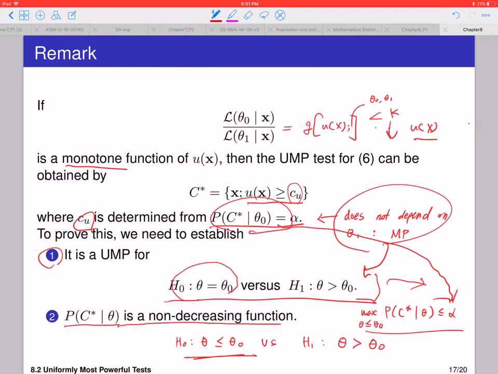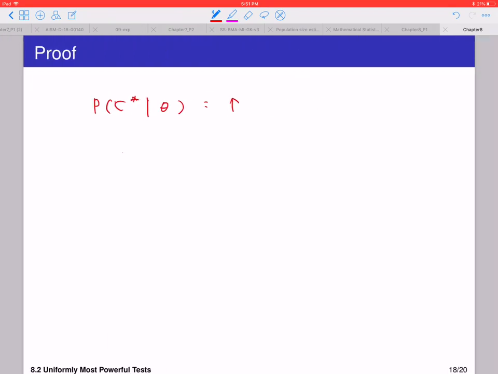How to show that this is a non-decreasing function of zeta? Well, consider any arbitrary... basically the claim is, if C star, any critical region, is MP, most powerful, or UMP, then